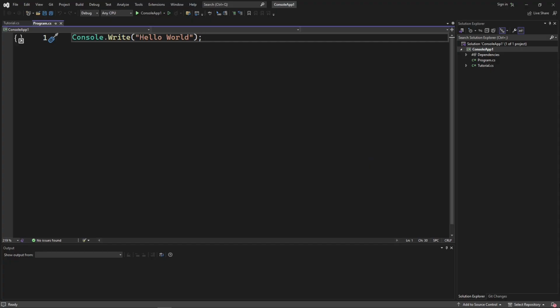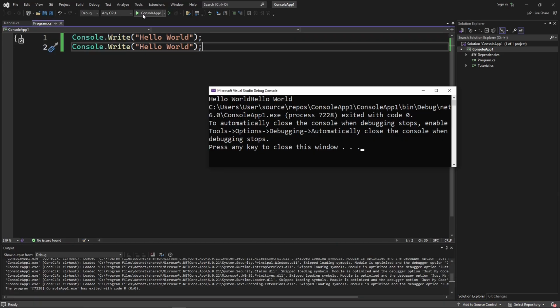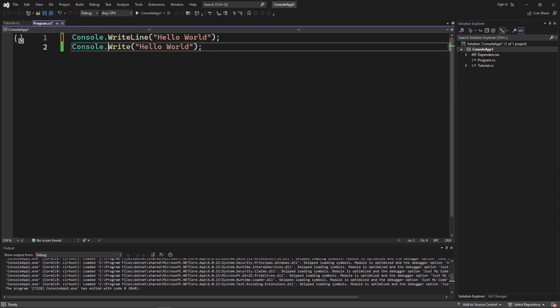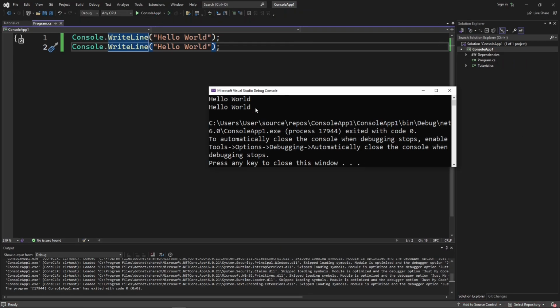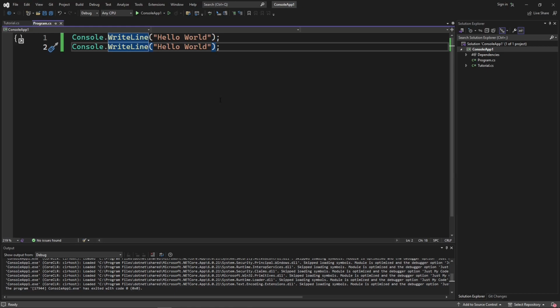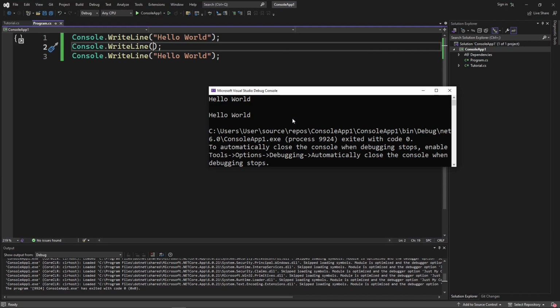We can duplicate this console.write by pressing Ctrl+D and see what happens. It's glued together and it's nearly unreadable. But if we change write into WriteLine and run, we can see that they are displayed in each line and it's much more readable. WriteLine means writing a new text in a new line. Crazy, right? WriteLine is used mostly to display texts. And for needing a space between paragraphs, just type console.writeLine without any strings. It works like a line break in HTML, if you know that. You can experiment and see for yourselves.